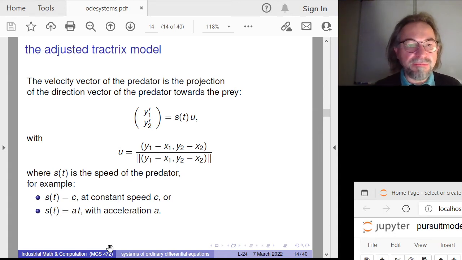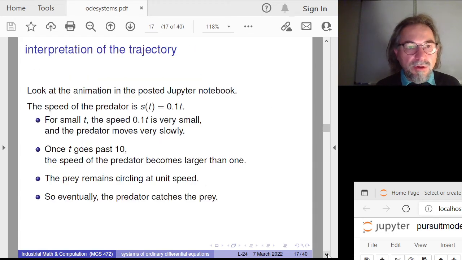Now, the second model that was shown is actually much more realistic. So you have a predator at rest and slowly increasing the speed at a constant rate. Of course, it would be more interesting if the prey would also start to accelerate, so we leave that off as an exercise. Okay,